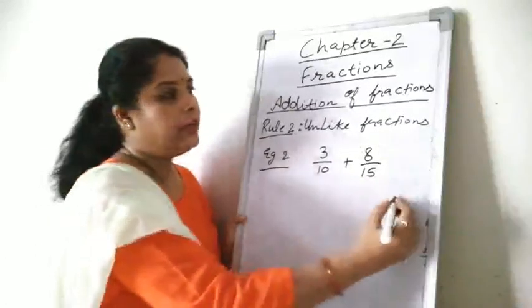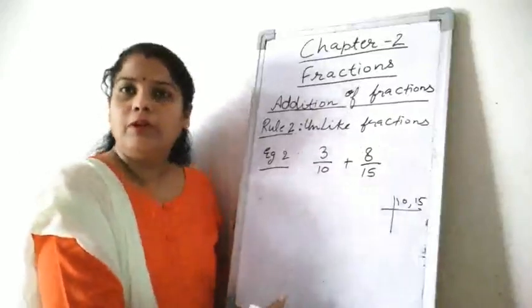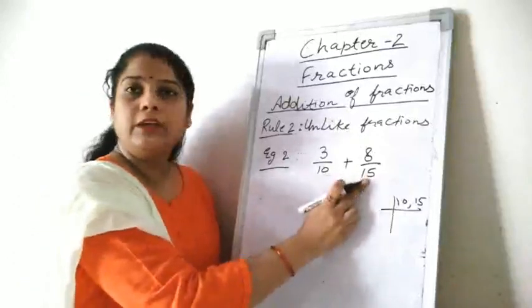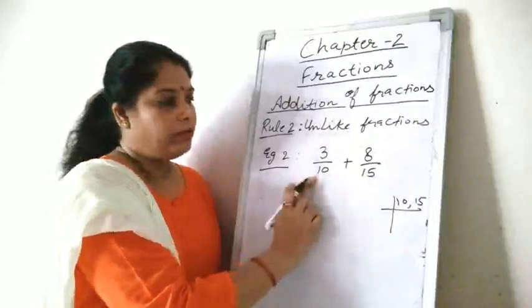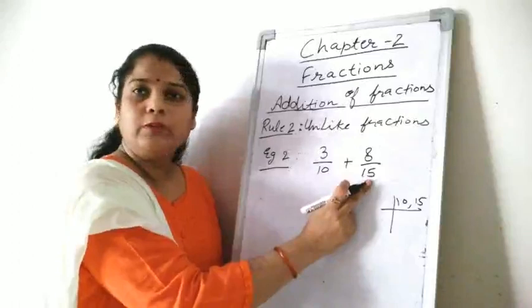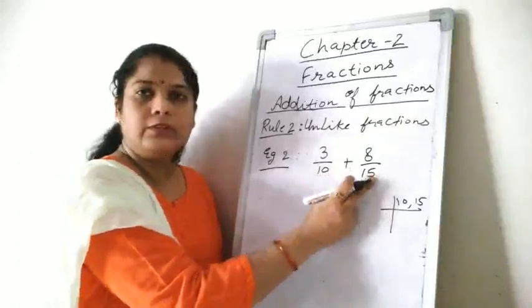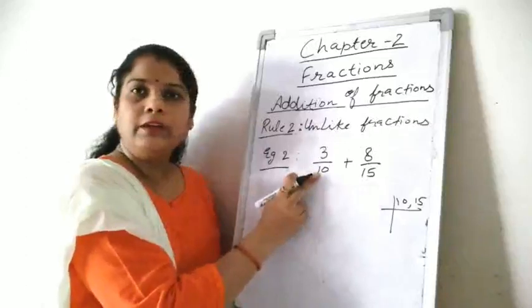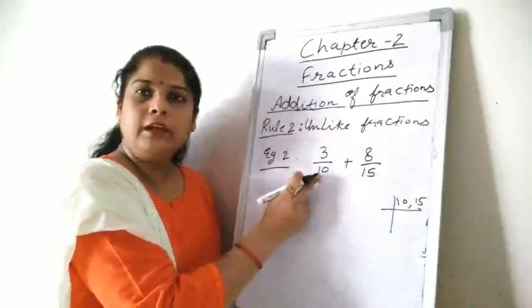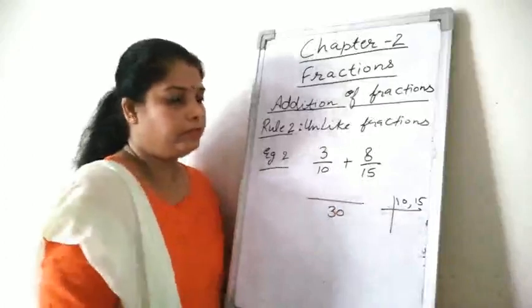You can take the LCM by the prime factorization method or verbally, as I explained in module 2. Now I am taking the LCM verbally. In 10 and 15, 15 is the greater one. I will speak out the table of 15 and check whether it is divisible by 10 or not. 15 ones are 15. That is not divisible by 10. 15 twos are 30. That is divisible by 10 and 15 also. So 30 will be our LCM.